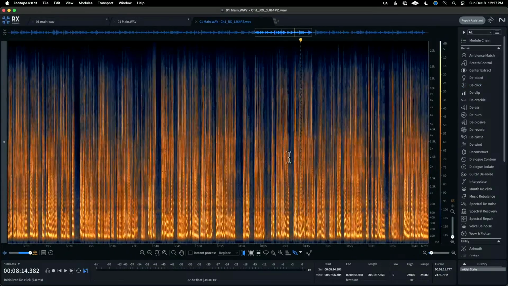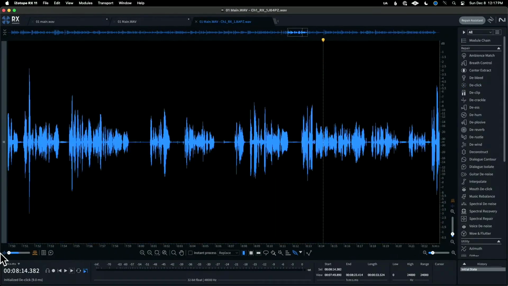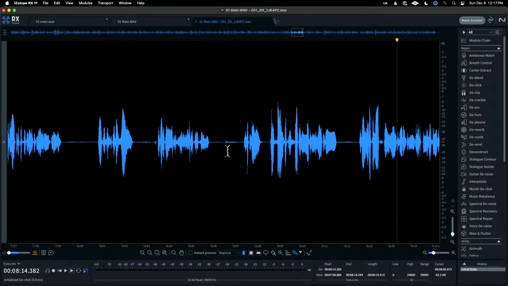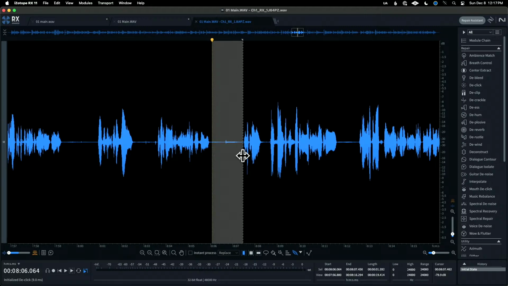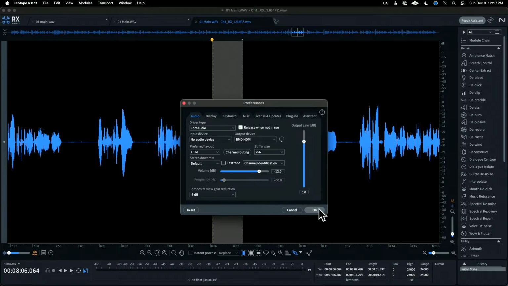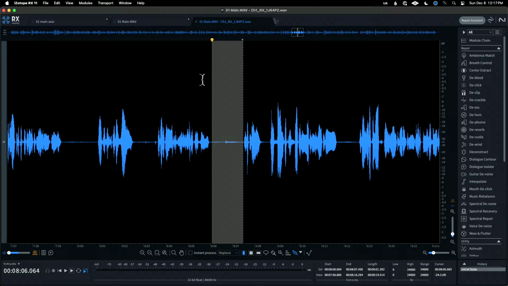Another thing I do is that sometimes if I come back out to this view here, here's a breath, and I have this tendency to do this thing. Let me just play it for you. It's kind of annoying. Let's make sure that we have this set up right so that you can hear it. Okay, so we'll loop through this a few times. Hear that? What I'm doing at the start of the breath is a kind of pa, pa, pa. Okay, so what I would do in this case